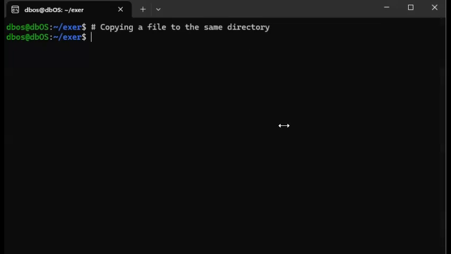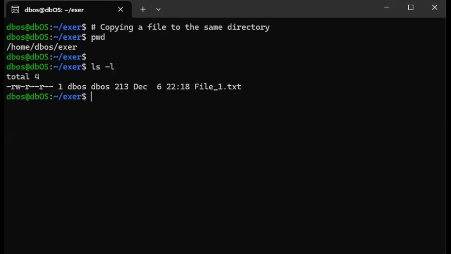First, let's do a pwd, which is used to print the current working directory to know where we're at in the directory tree of Linux. We are at this location called /home/dbos/exer, which I just named as such, which means exercise or exercises. And then I would like to use the copy command. But before that, if you want to do a copy, make sure the object that you want to copy is actually there. So I will do a long listing, which is something we have taken up in a previous video. When I do a long listing, the directory where we're at, the exer folder, contains one text file called